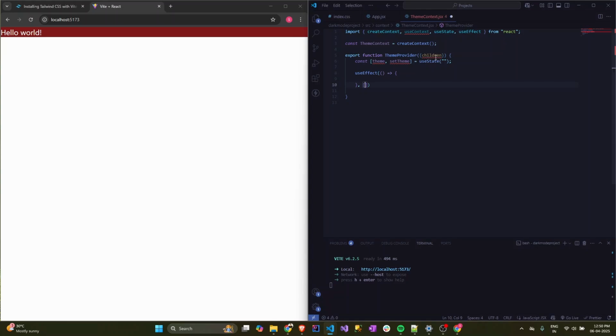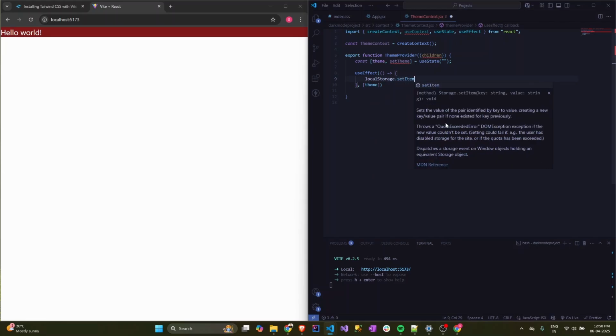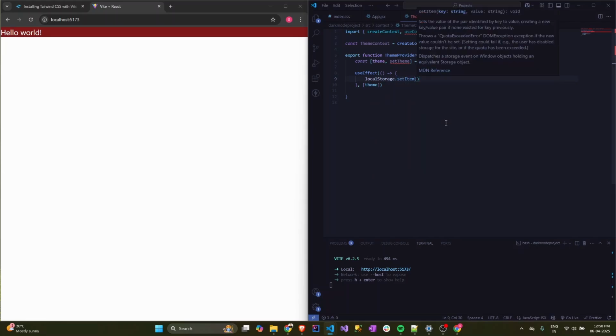So how do we do that? We store it in local storage. So local storage is not something introduced in React, it's part of JavaScript only. So we'll be using this use effect hook to do that. Okay, so the dependency is theme. So what I mean by dependency is that whenever the value of this theme changes, this callback function will get triggered. So I want to store in local storage dot set item,